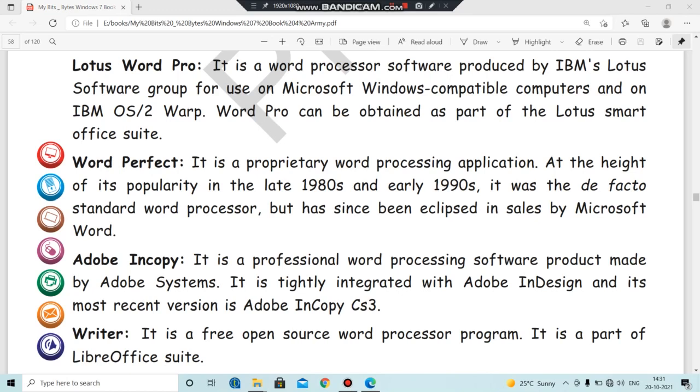So in the 80s and 90s, this WordPerfect was quite popular. But after Microsoft Word was created, it has been totally eclipsed, meaning अब वो पूरी तरह से खत्म हो चुका है. So now it's not in use. Before Microsoft Word was created, before its introduction, this WordPerfect